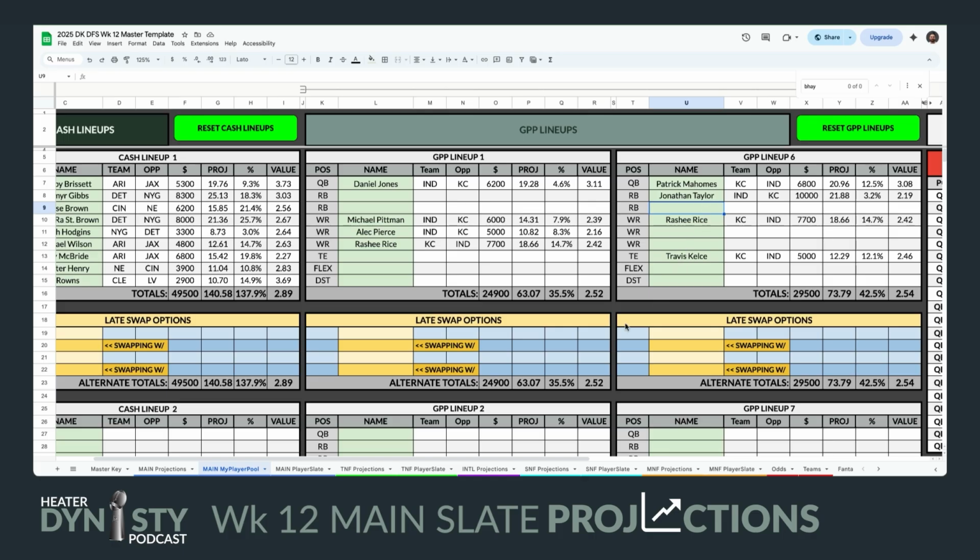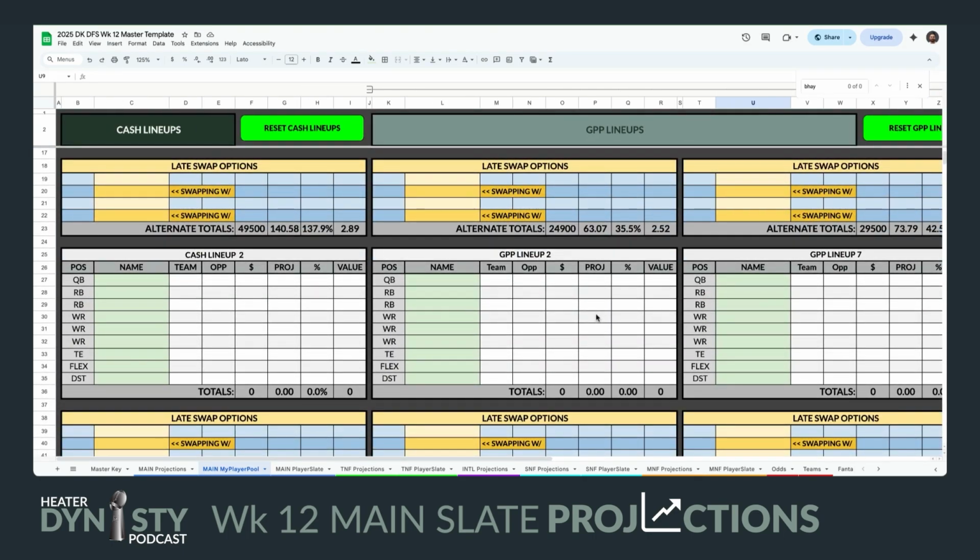But that's a thought. The other thoughts that I had, I think this is a huge Jared Goff onslaught stack opportunity, and I have no problem going... Actually, you know what? In this build, I would say David Montgomery, because I would say that they're going to get him involved.